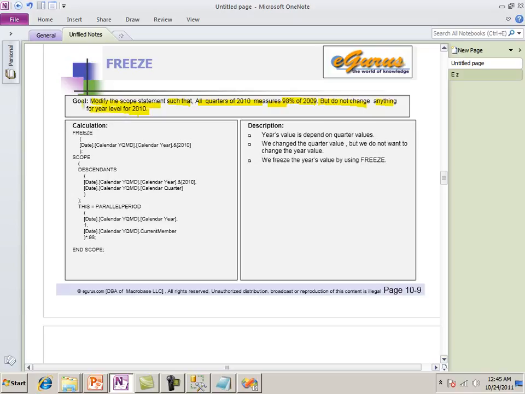Got it, right? So, do not change anything means whatever value we have,